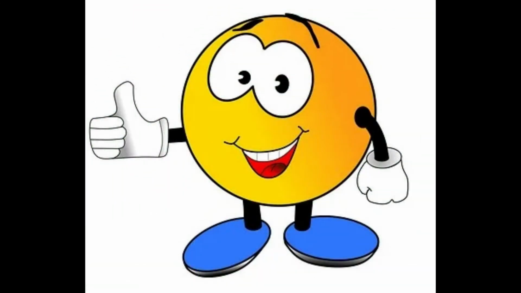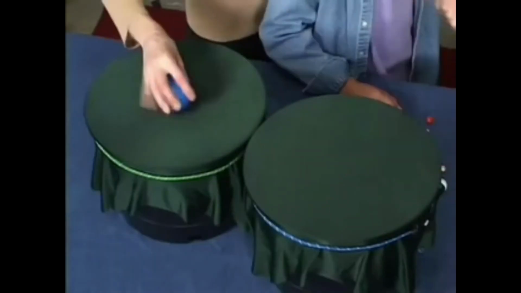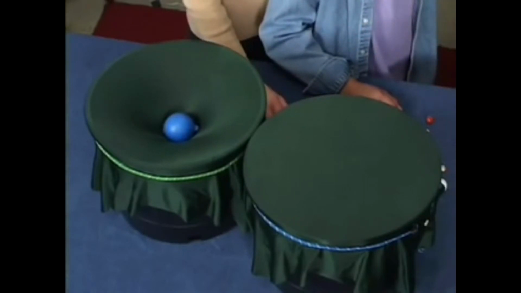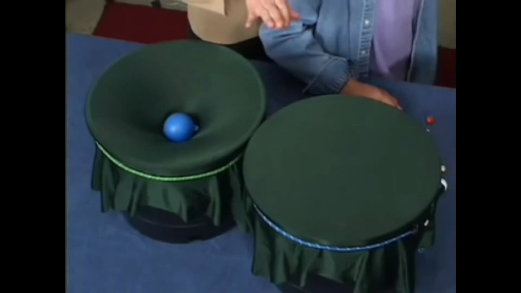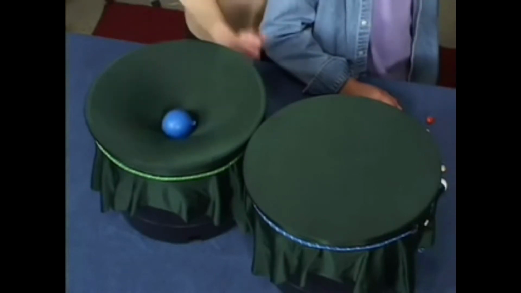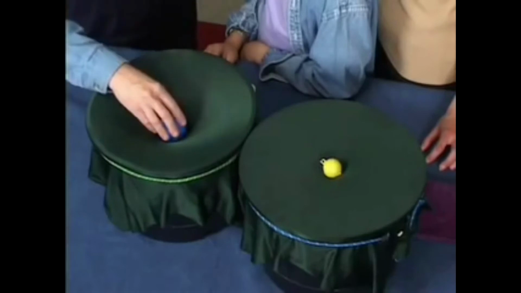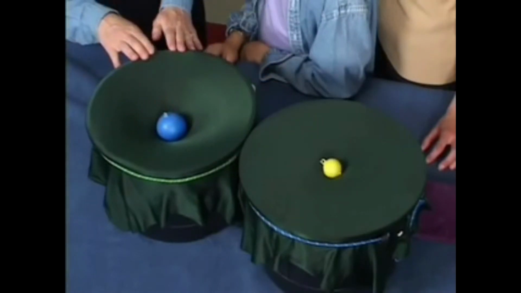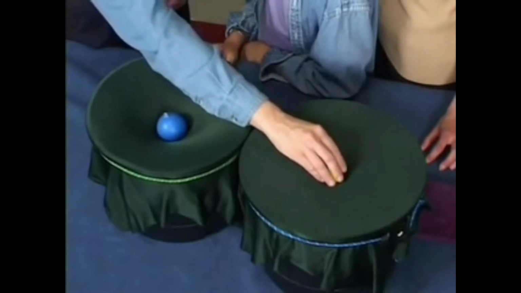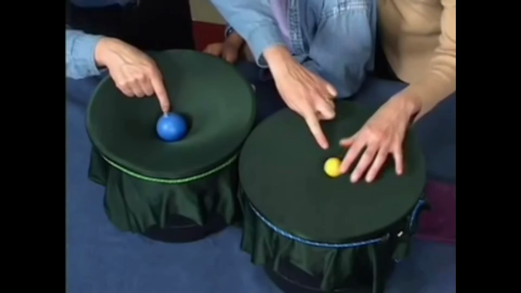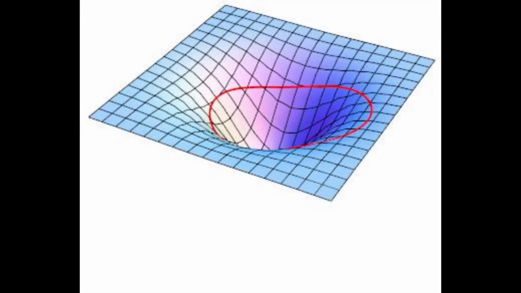Okay, I'll explain this to you in a more detailed way. For example, consider a stretched cloth. Drop a ball on that stretched cloth. What will you see? You could see a dip on that cloth due to the mass of that object. Now, let's replace this first ball with another ball which has less mass than the first. Now you could see that the dip caused by the second ball is much less than the dip caused by the first ball, right?